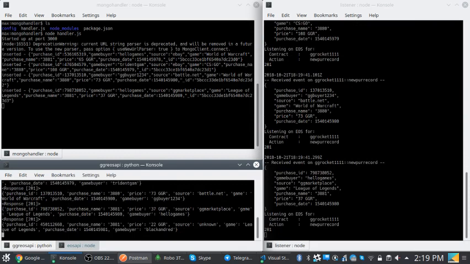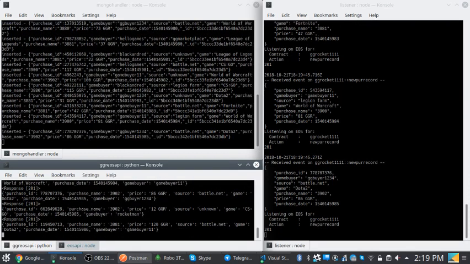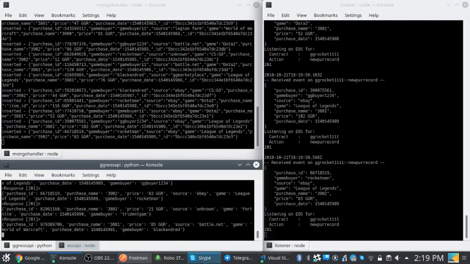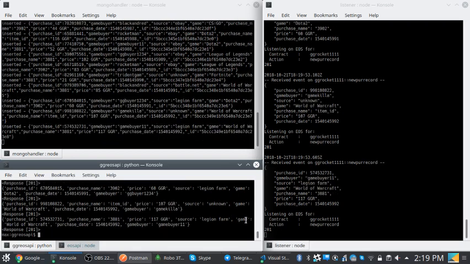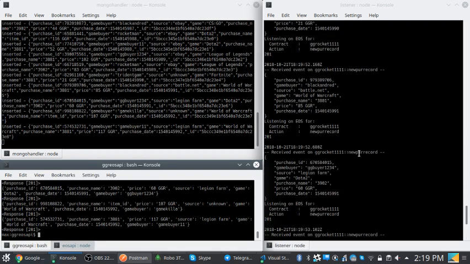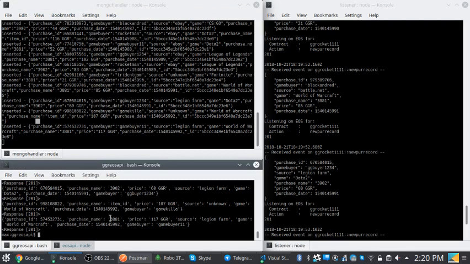All right, so that script is just going to create, I think, about 20 items, just based off of some random data that we have. Again, it's creating it on the global Kylin testnet. This is the listener over here on the right. This is picking up all the events that occur as they occur in real time. And it's forwarding all of that data over to our MongoDB handler. And that's what's saving it into our Mongo database that's out in the cloud. And again, the bottom left was just the simulator.